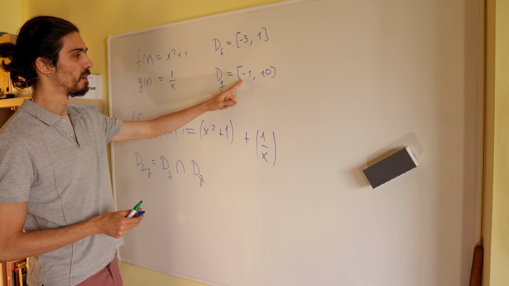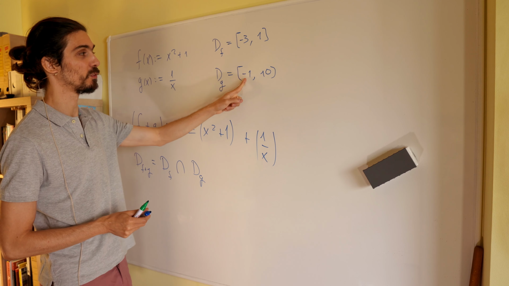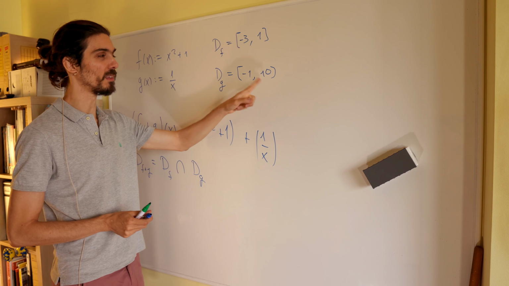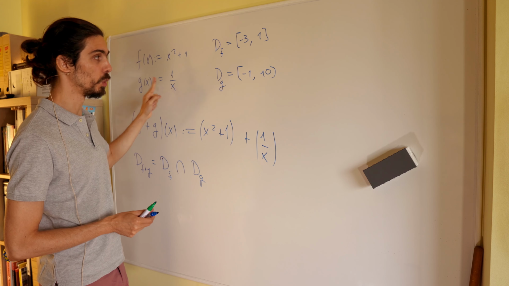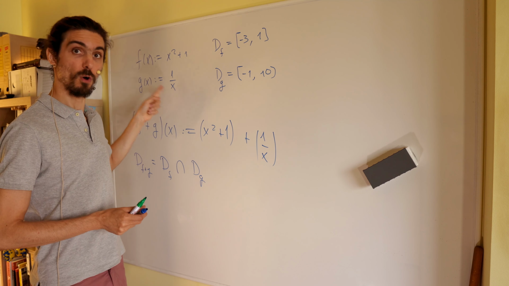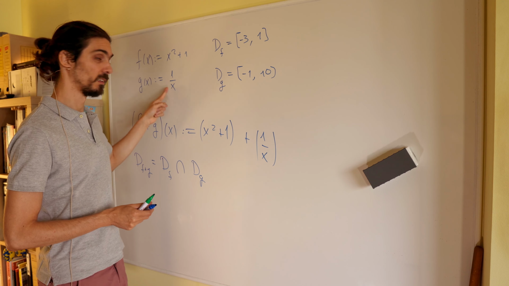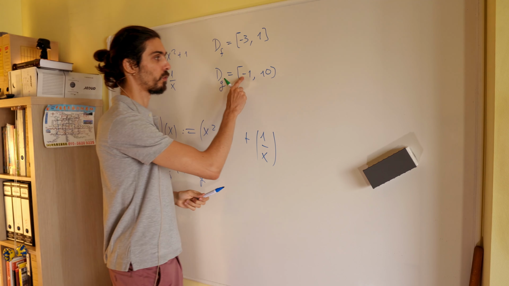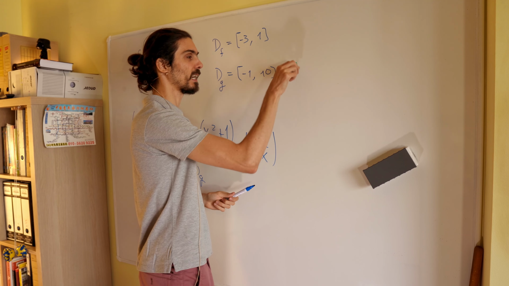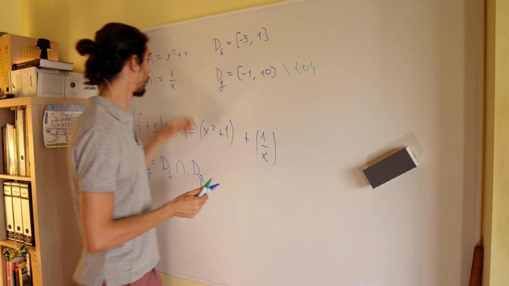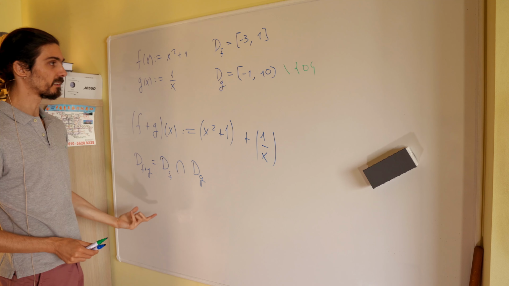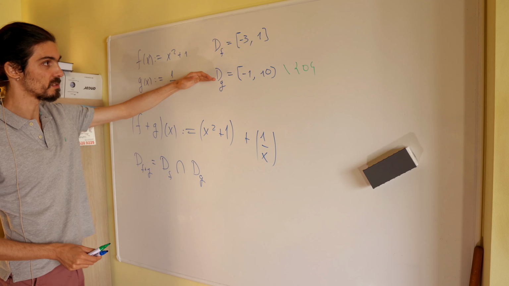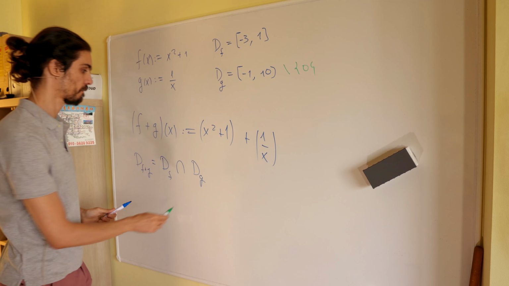I said that the domain of g is from -1 to 10, but that's not quite right. Since it's 1 over x, you need also to avoid x being 0. So it's from -1 to 10 except 0, because at 0 this thing is infinite. So intersecting now with this fixed domain,